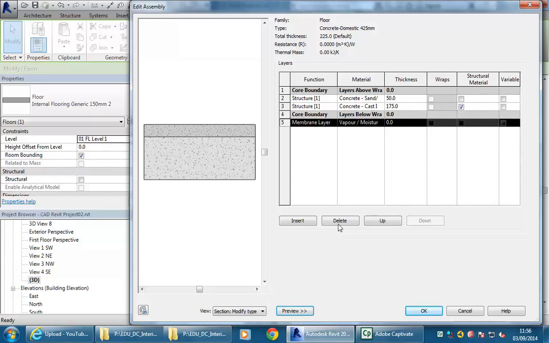And the vapor barrier, I'll delete that too. So I'm just left with the two main components. We've got this concrete sand, and that originally would have been the top of the floor, and then we've got the other concrete material. So I'm going to make mine concrete with timber on top. So I'm going to leave this one as it is, the concrete, and then the one above that is